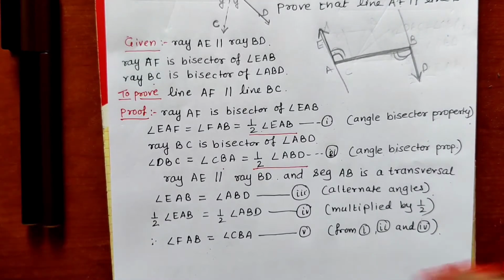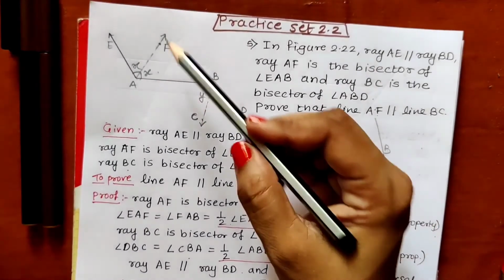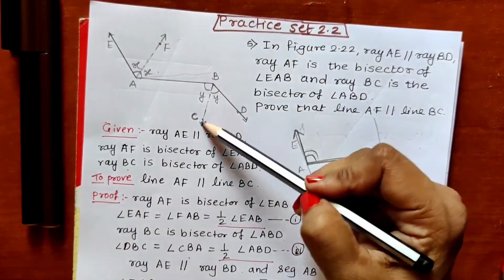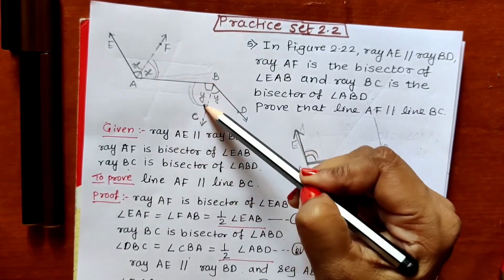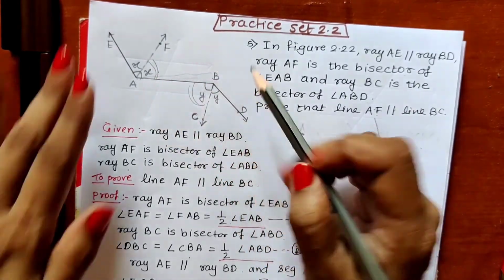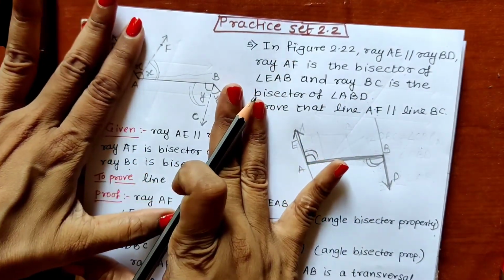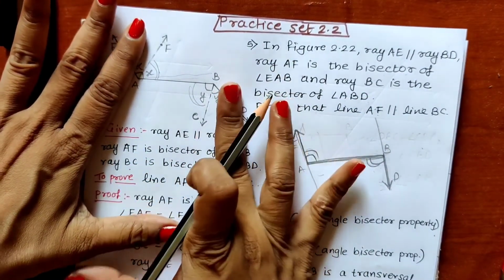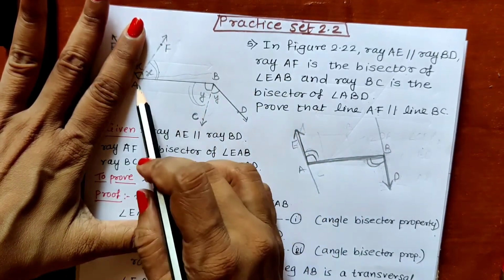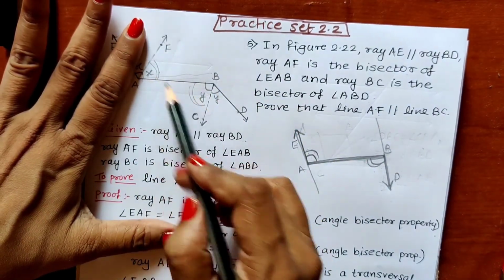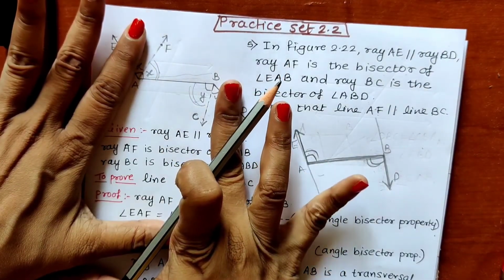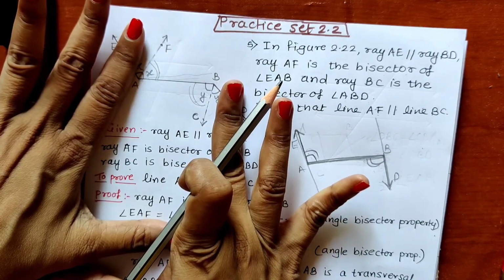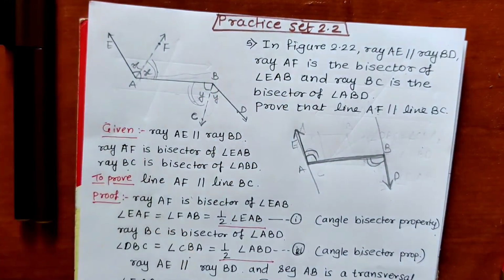Now once again observe these two angles FAB and CBA. These two angles are congruent angles. But these two angles are formed due to these two lines FA and BC, or two rays FA and BC, and they are transversal AB, and they are alternate angles. So when the alternate angles are congruent, the two lines by which they are formed will become parallel to each other. So we will have to write this here.